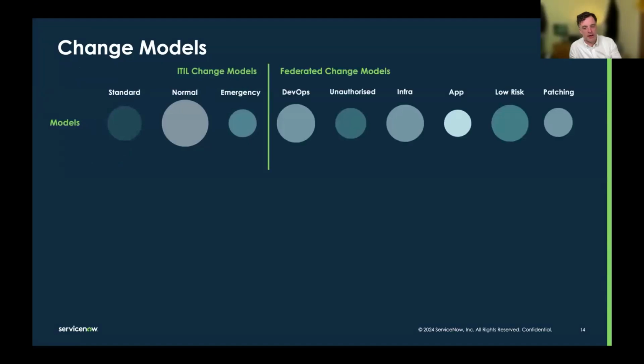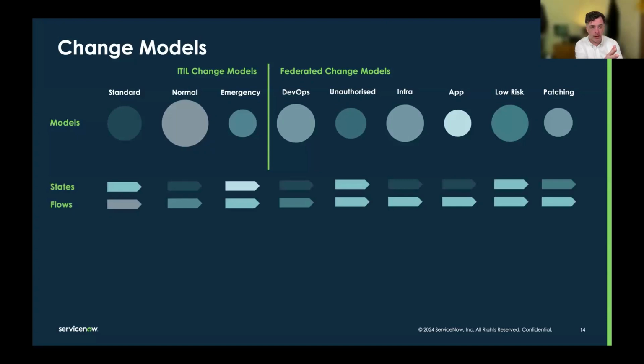So just to recap on this, we've got our planets lined up, and we've got the normal, standard, emergency changes on one side of the line, the ITIL change types still existing. And on the right hand of the line, we've got federated change models. And what we have for these specific change models, how do we do it? How do we actually make those flow faster? How do we make them more specific so we can use a specific model for a specific service and make it faster, more stable, more compliant, and we can handle more volume, right? How do we do that?